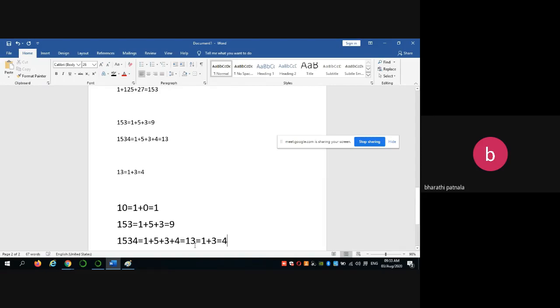That means whatever sum you got, that is again your original number, isn't it? First you have to check your given number, retrieve the remainder and sum all these, then you get the sum value. If this sum value is greater than 9,